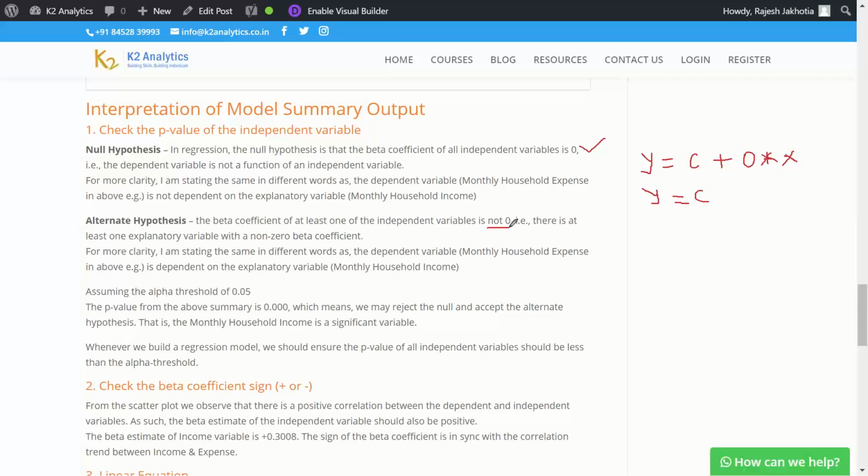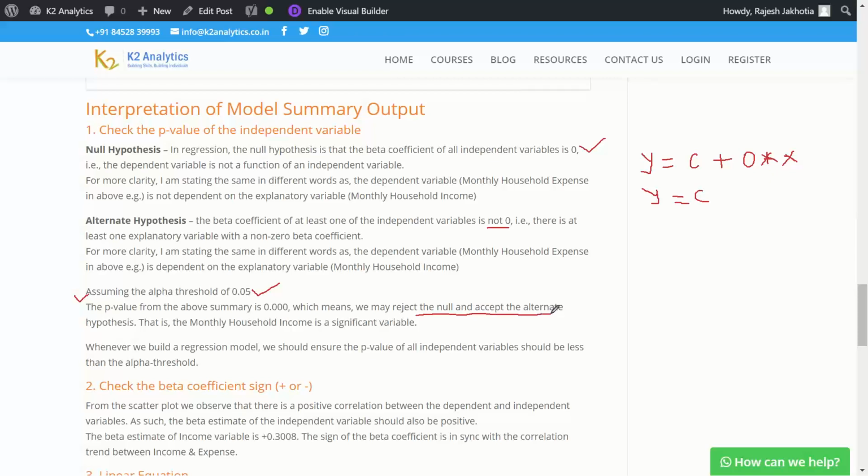And from hypothesis testing, we know that if the p-value is less than alpha, let us assume the alpha threshold to be 0.05. In hypothesis testing, we always assume an alpha threshold. If the p-value is less than the alpha threshold, we reject the null and accept the alternate.